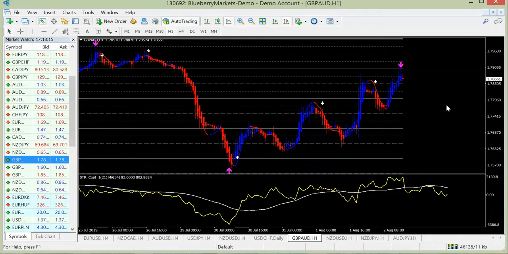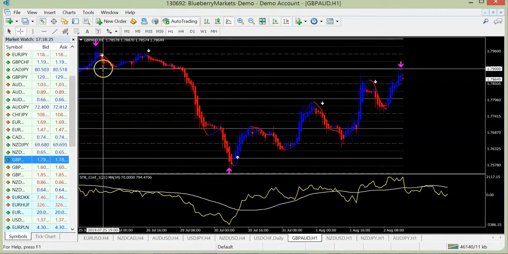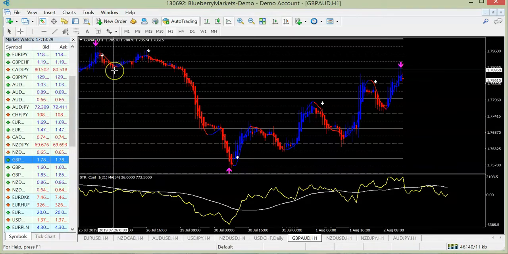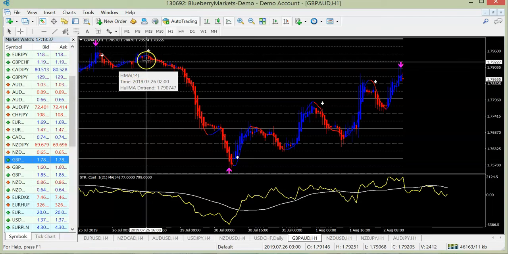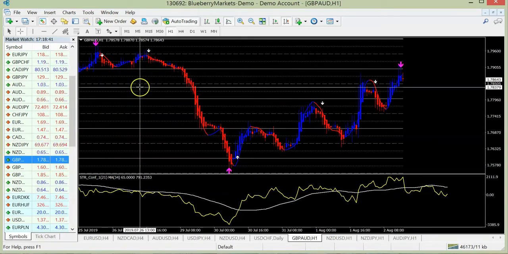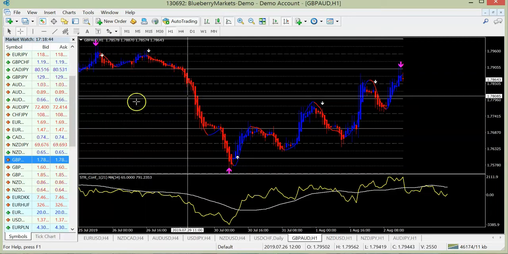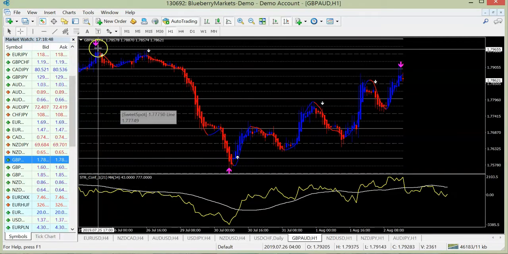Here I can show you one good example. So you see here we have a pink arrow, we do not trade. Then we have red, and we can trade, but we'll exit here if we want. If we exit and we get another white signal, we will take it again. Why? Because it is still in the trend direction. So this is a peak. This is a peak. This is overbought